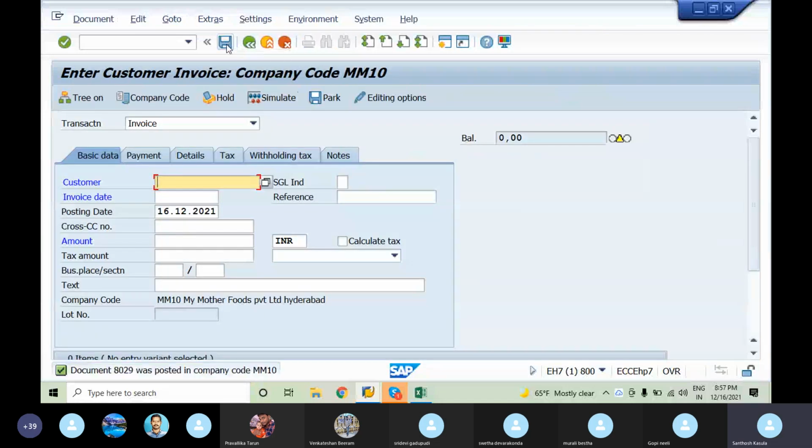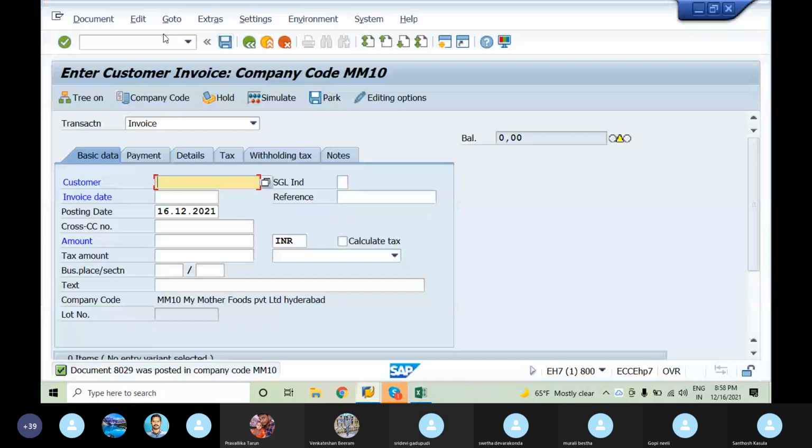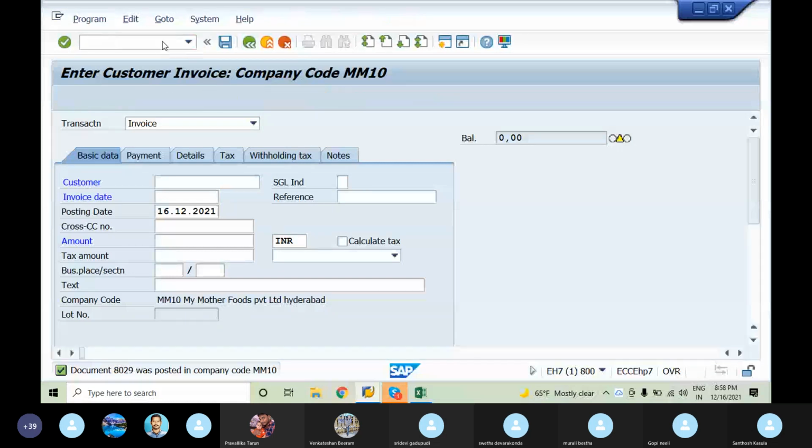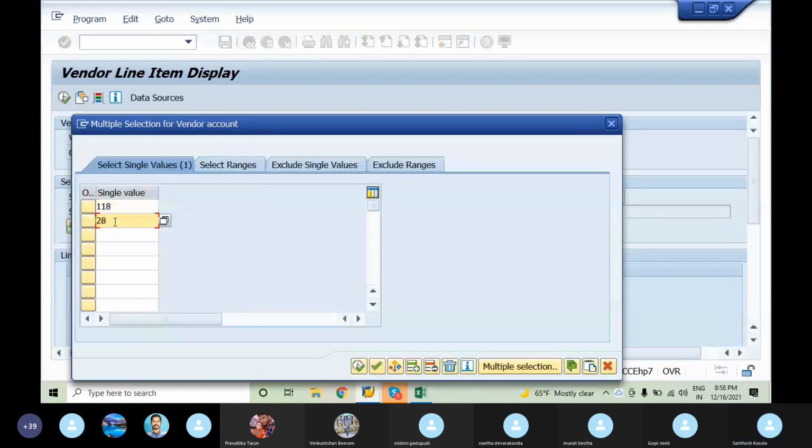Both invoices are posted. Generally, we check the line item display for the customer with FBL5N, and for the vendor with FBL1N. But as we have linked them, we can view both line items in one T code. Generally we can view only the vendor line items, but with this option we can see both customers as well as vendors.